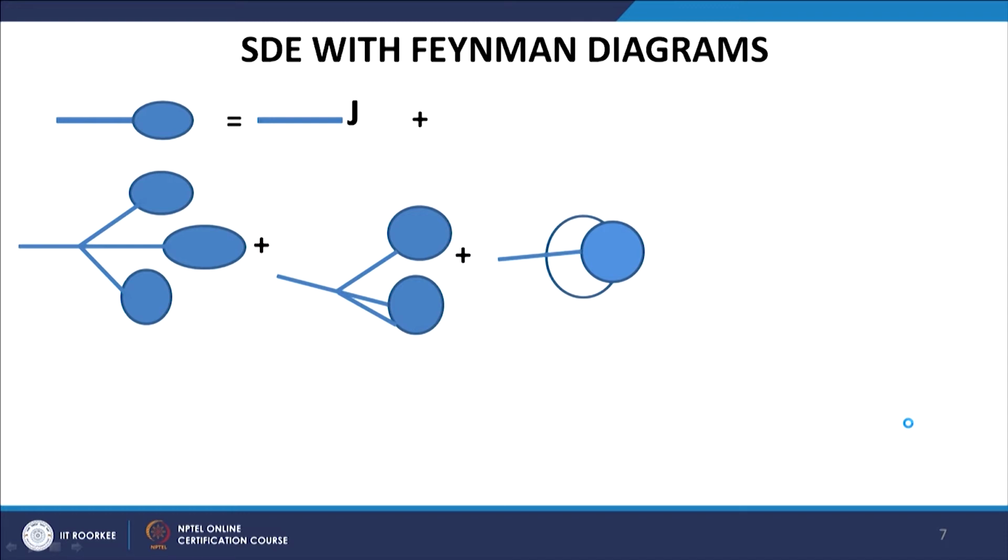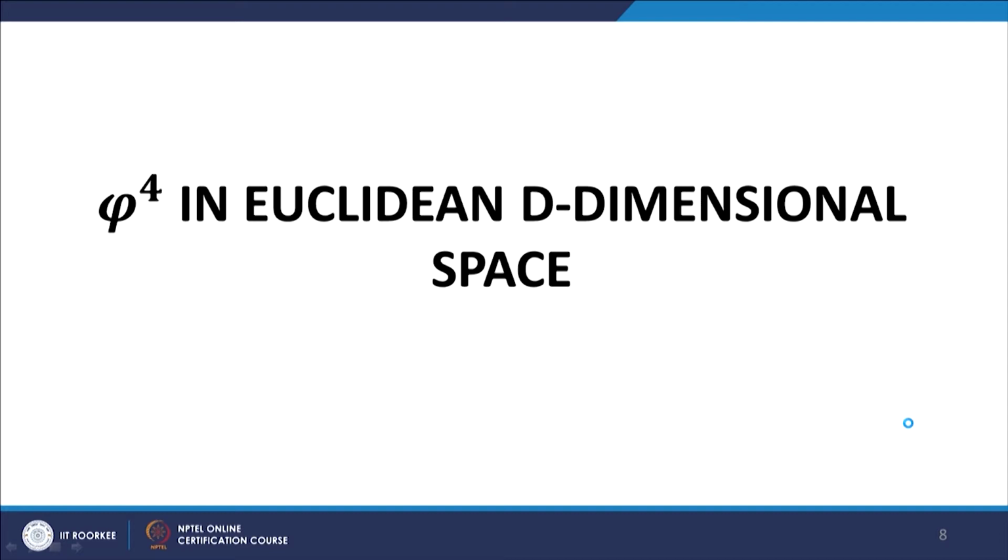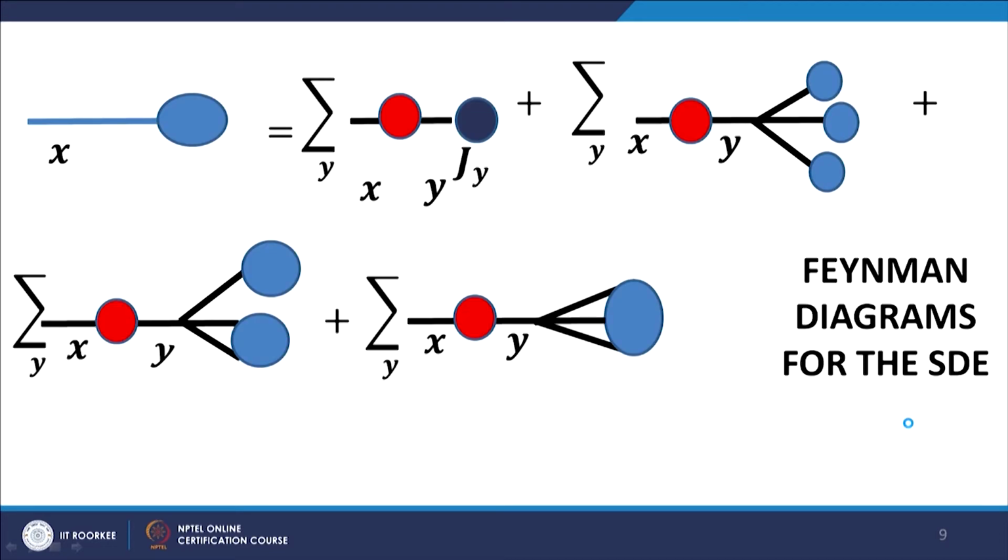All the results so far that I have enumerated were delivered and discussed in the context of 0 dimensional field theory in an earlier lecture. Now, we take up this situation in the case of Euclidean d-dimensional space. Our first step obviously is to obtain the Schwinger-Dyson equation for the propagator.